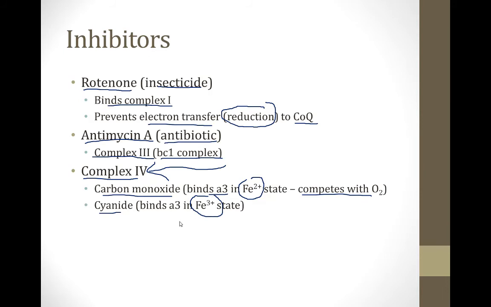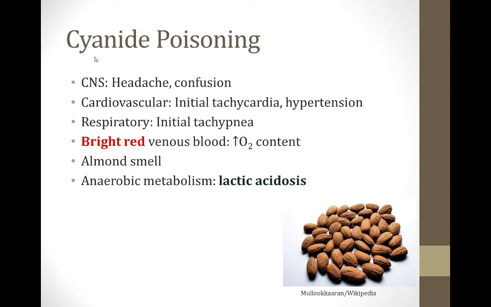It is not going to have much effect on red blood cells because hemoglobin has mostly Fe2+ iron, and cyanide cannot bind to the Fe2+ iron. So let's talk about cyanide poisoning in a little more detail. Some of you may know that cyanide was used in gas chambers in World War II. It can be deadly if patients are exposed to large quantities. And the reason it is deadly is because it binds to that Fe3+ iron in complex 4 and disrupts